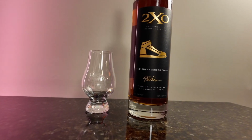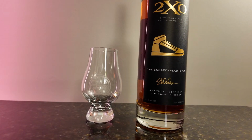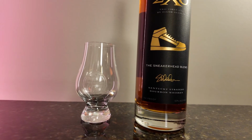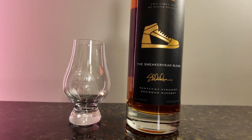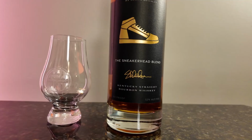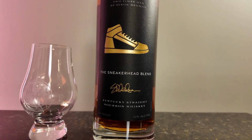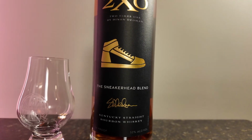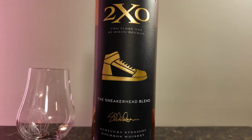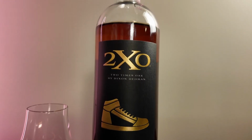So this is the fifth? Yeah, fifth in the series. This will be the fourth that we'll do out of this because we've never found the Phoenix blend. It's the only one we haven't done, but we've done the Innkeeper blend, the Tribute blend, and the Kiwa Island blend. And then Sneakerhead. Send us some samples. If anybody's got anything of that Phoenix blend,